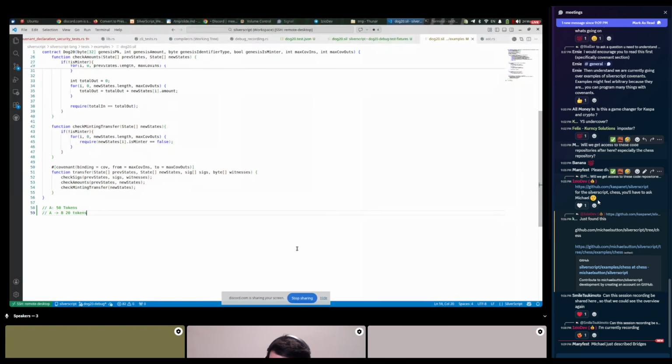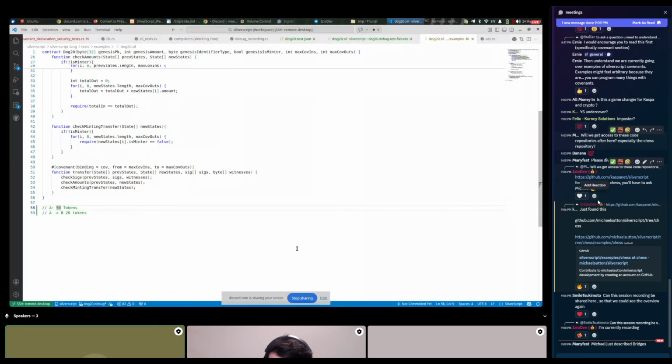The easiest way to achieve that is using a digital signature. If A has a public key and B has a public key, A uses his private key to sign a transaction that authorizes a transfer of 50 tokens or 20, whatever.